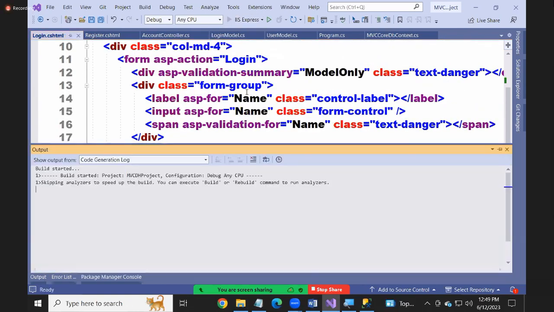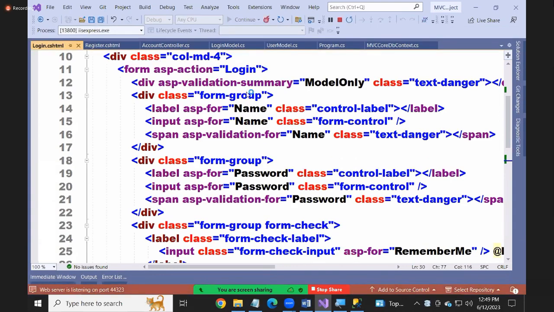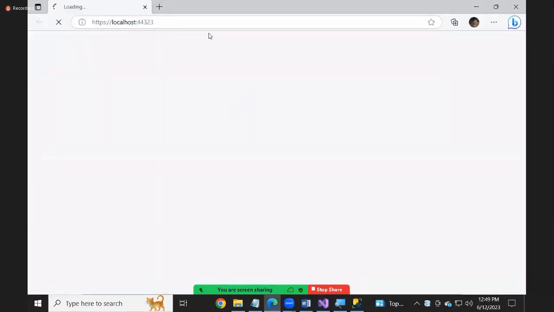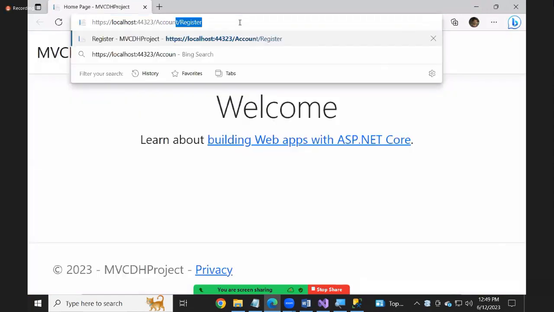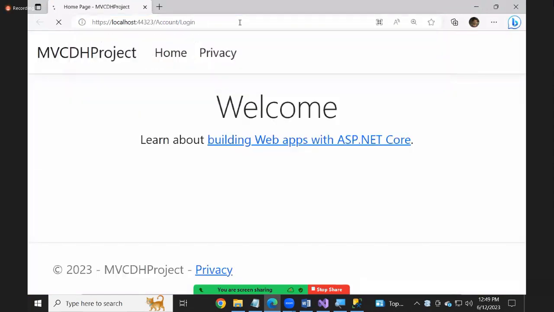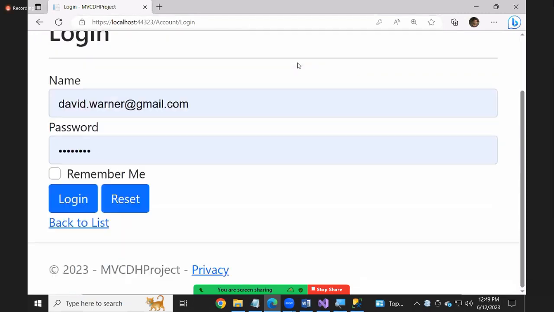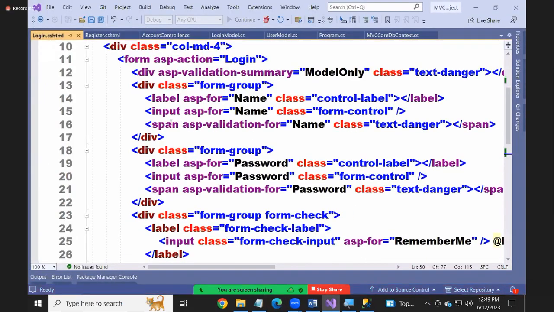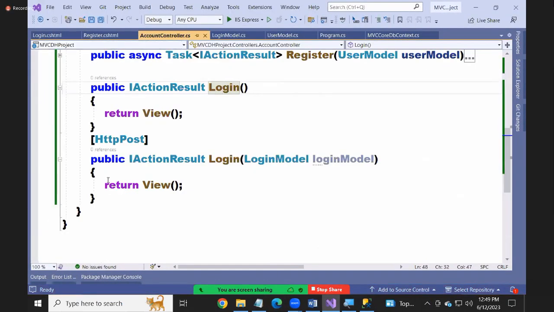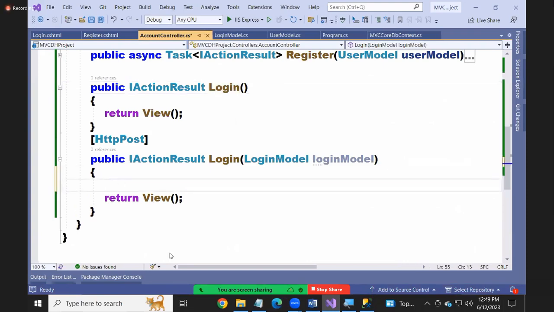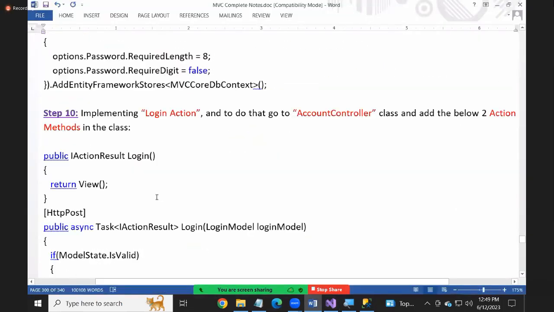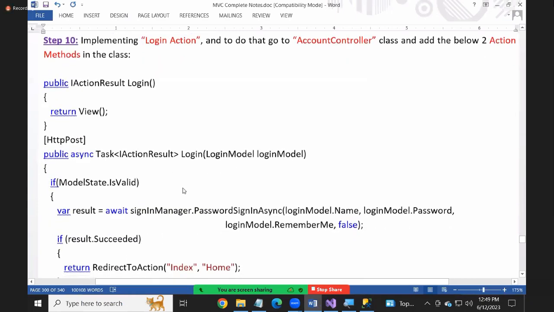So when you open the login page, account login page. Maybe you have just used the save there automatically that can come there. Okay, so ignore it, but see the form. Now when you click on the login, it has to perform a login. Again, here also, first you're required to verify the model state. If model state is valid, then only